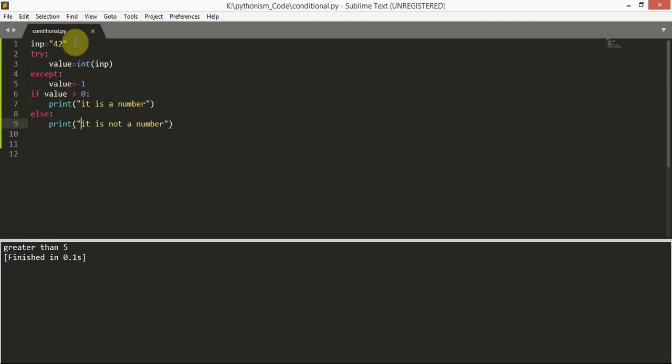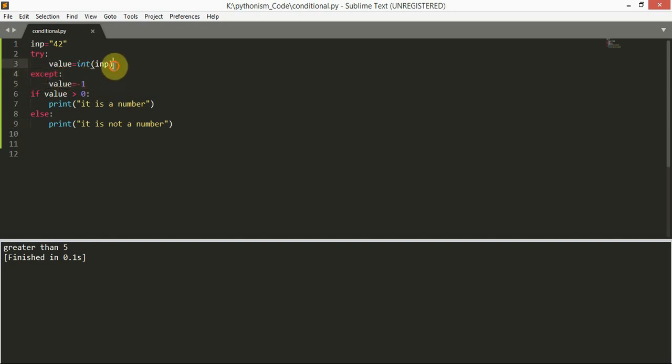See, the user input here is 42, and then we are trying to convert it to an integer in the try statement. If this is successfully executed, then this except statement is not going to execute. So that is the logic of try and except.